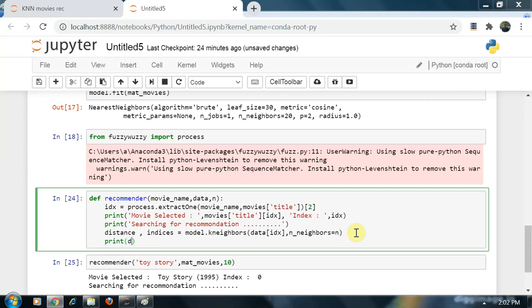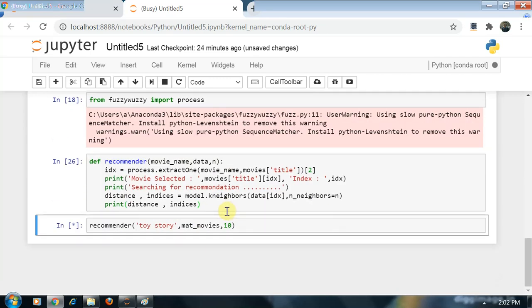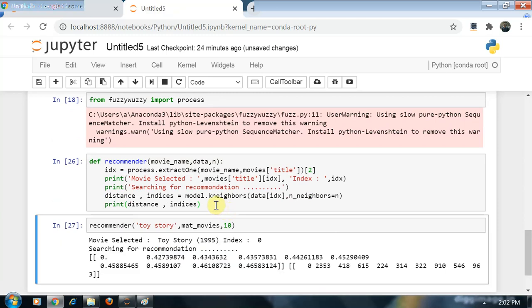So I will print distance and indices. Now look, execute this. Okay, movie selected Toy Story 1995, index is 0, searching for recommendation.